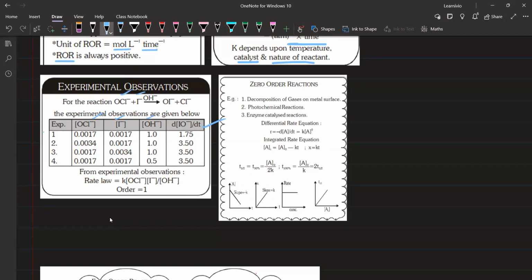You have to first of all calculate the order of OCl negative, then I negative, then OH negative. You have to calculate the order for each one of them. So what we are going to do is take 2 experiments at a time, and we have to make sure that the concentration of at least one of the reactants is different. For example, if I take experiments 1 and 2, in experiment 1, 0.17, 0.17, and 1. If I compare 0.17, we are doubling it. We are not changing the concentration of I negative, we are not changing the concentration of OH negative. Now, the concentration is doubled,